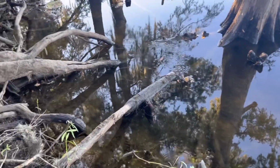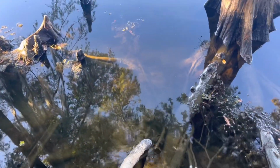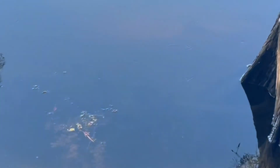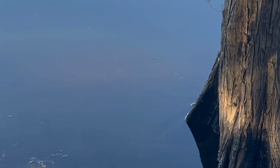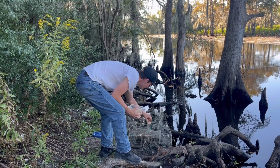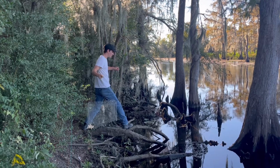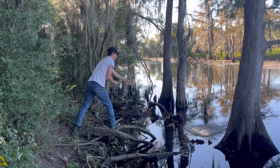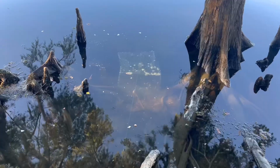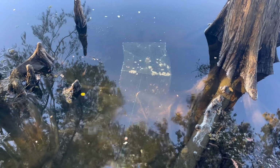So I started out by scoping out the area and choosing a spot where I'd start laying my trap. There's a little fish swimming right there. Oh, big fish back there. All right, we're putting in some stale chips and bread in the little trap compartment. I want to make this right out there. Perfect. All right, I have it sitting there for just a few hours, and then we'll come back and pick it